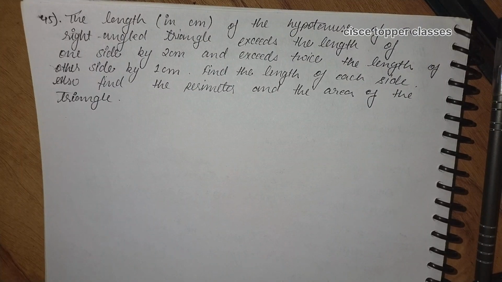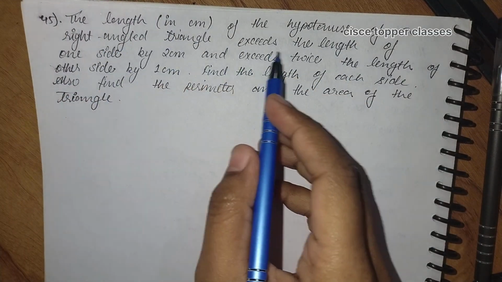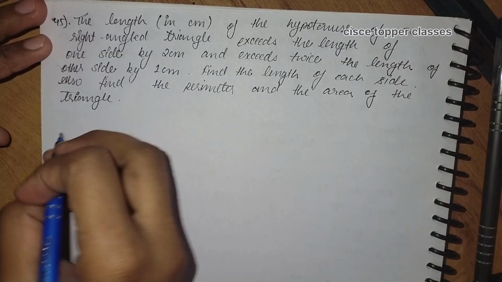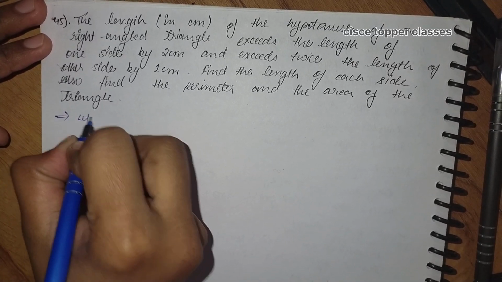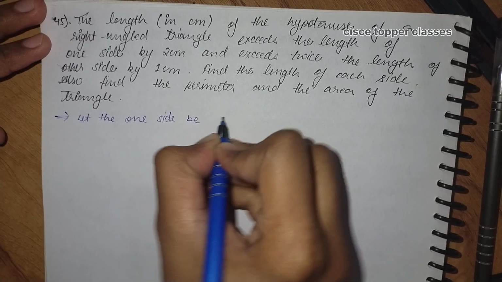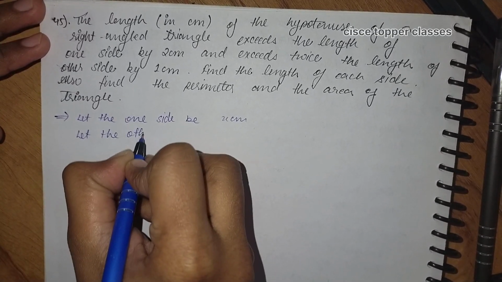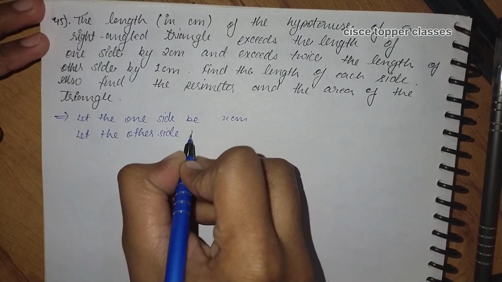Now let us solve this question. Question number 45. The length in centimeter of the hypotenuse of right angle triangle exceeds the length of one side by 2 centimeter. So here let the one side be x centimeter, and let the other side be y centimeter. From that we can write